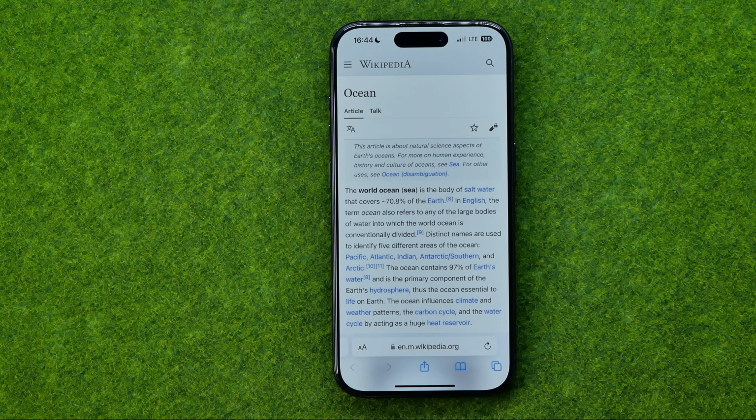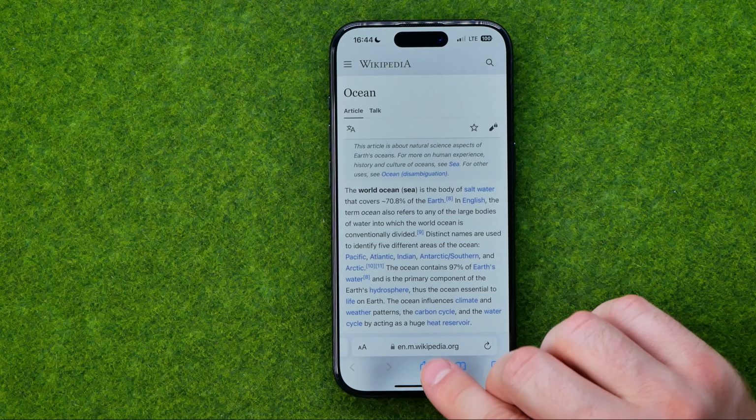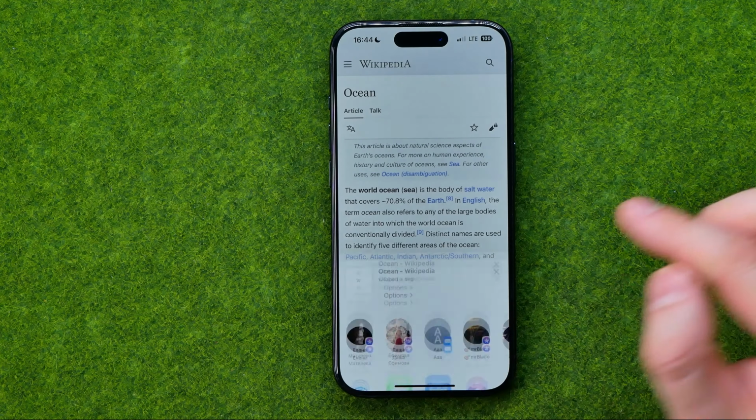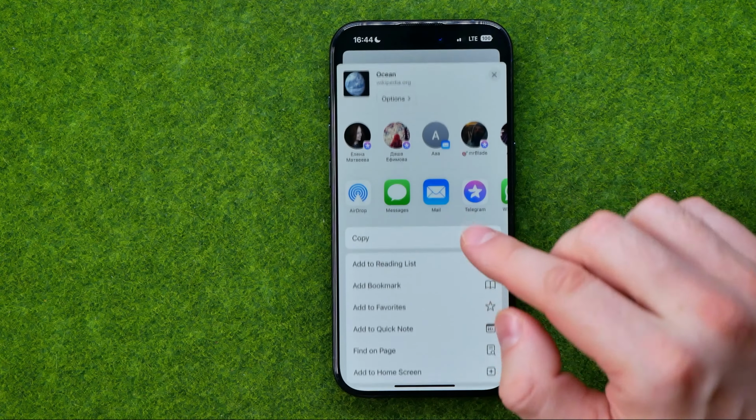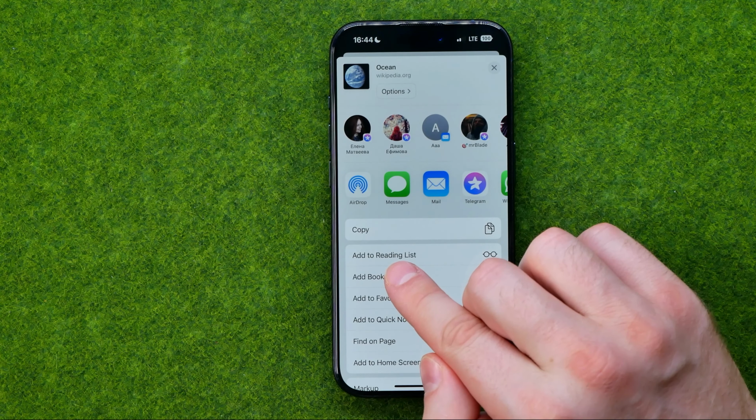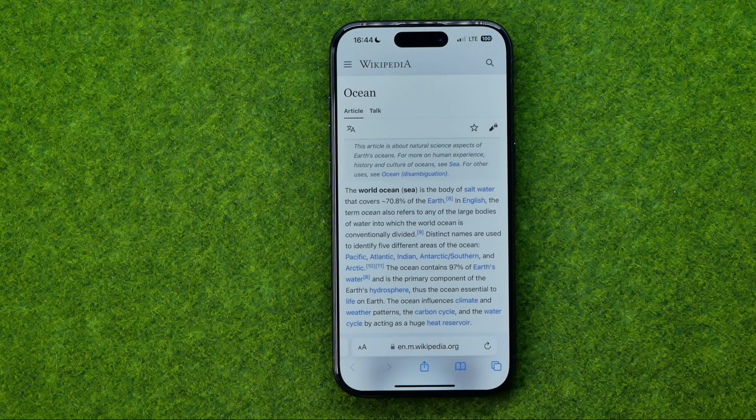After that, to add that website to a reading list, all you have to do is just tap right here at Share, and then tap where it says Add to Reading List. After that, your website will be added to the reading list, and you can easily find that website if you